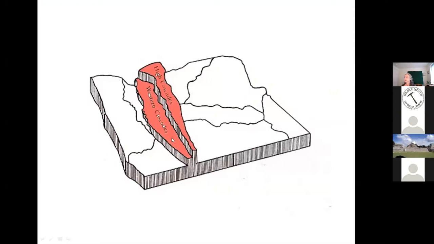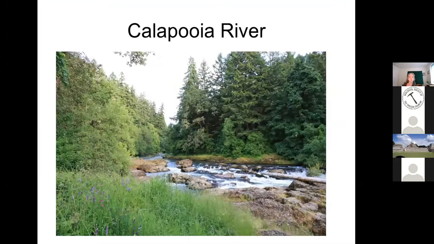And they're in this region here, just between the Willamette Valley and the high Cascades. We have the Western Cascades. And then we have the peaks, the familiar peaks of the Cascades, in this region we call the high Cascades. So I just took one picture of the Calapooia River coming down through the Western Cascades.